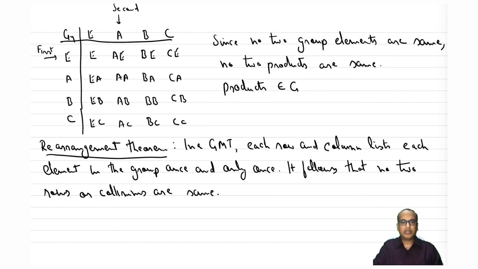So let's start with the simple case of G2. G2 will be of order 2, that means only two elements. One has to be the identity and the second can be any element. So E, A. Now if I multiply E by E, it will always be E. If I multiply E by A, it will be A again. Similarly, A times E will be A, and A times A now has to be E, right?